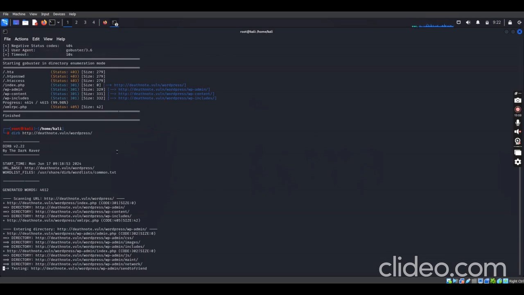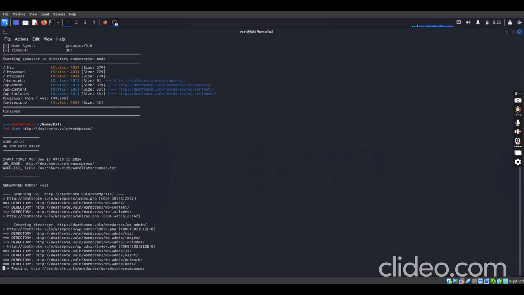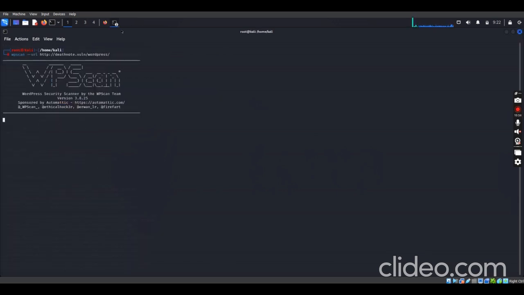So scanning, giving us a lot of results now. We can see status code of 301, status code of 405. Let's see if we can see even status code of 200 around here so that we can just go to it. So it's trying different paths. Let's go back to that other one which we are scanning. So this just starts its own scan.